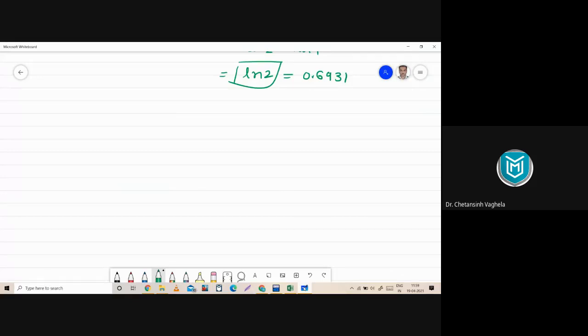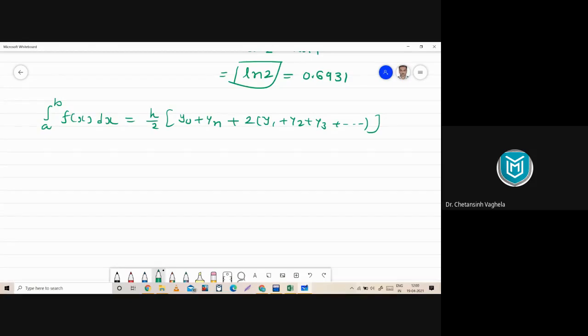Yes, so now we are trying to convert the program of trapezoidal rule to Simpson 1 by 3, right? For that, we have to make a few changes in the program. And to understand those changes, let's see both the formulas of trapezoidal rule and Simpson 1 by 3. The formula of trapezoidal rule is like this: integration a to b f(x) dx is equal to h by 2 times (y0 plus yn plus 2 times the remaining terms). This is the formula of trapezoidal.